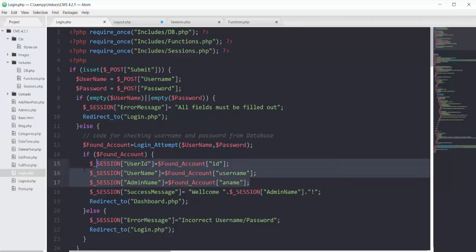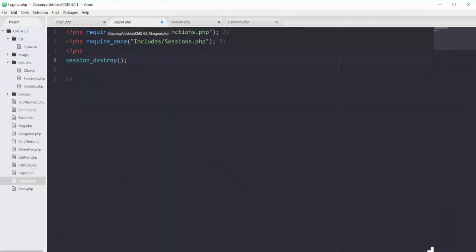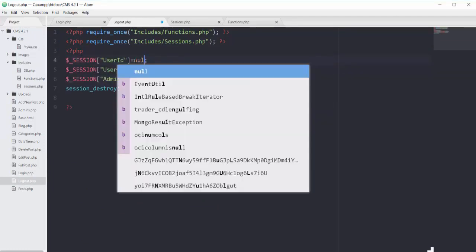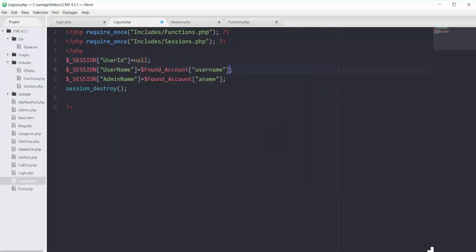So I will copy all of these variables which we are fetching, and in my logout.php page, just before destroying my session, I will make all of these variables equal to null. So making my user ID equal to null, my username equal to null, and the admin name equal to null.